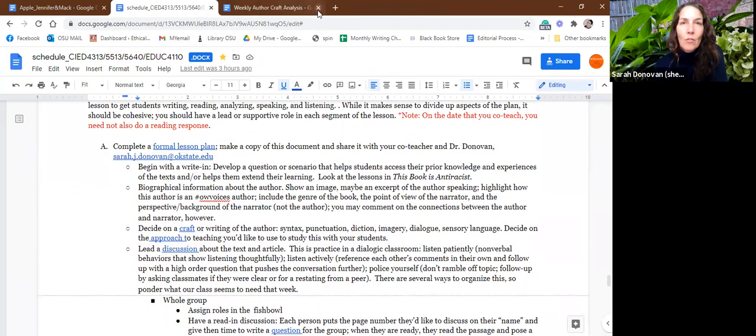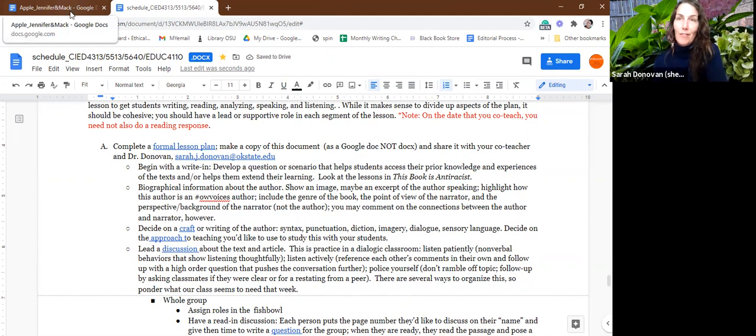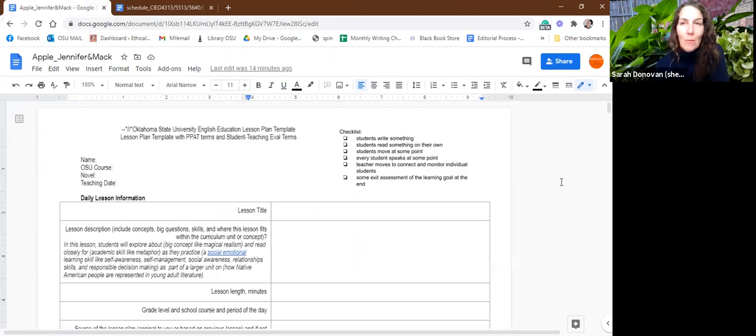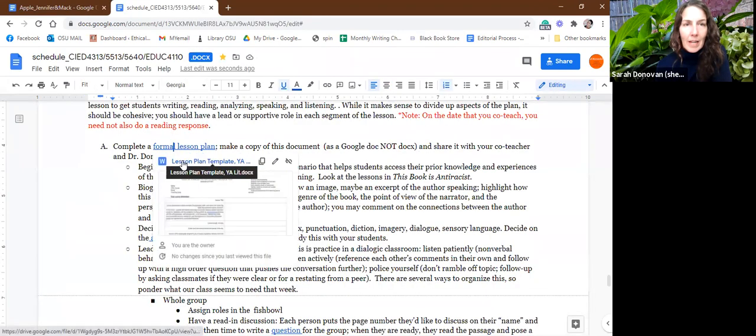Now, I think that the part that's overwhelming is looking at the formal lesson plan. All right, and so I've already started one for Jennifer and Mac, who are going to be our first presenters. So I'm just going to take a look at theirs. Okay, so these are all pretty similar. So we've made, so if you're here and you click on the formal lesson plan,